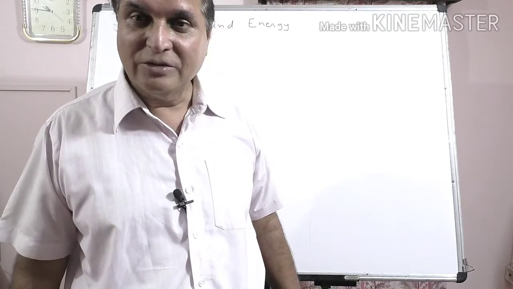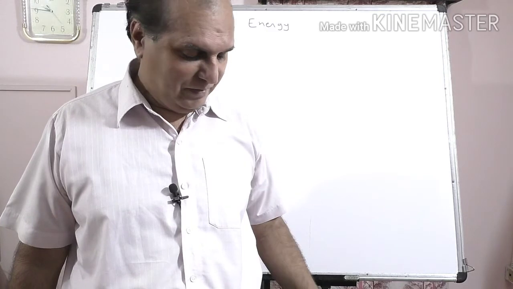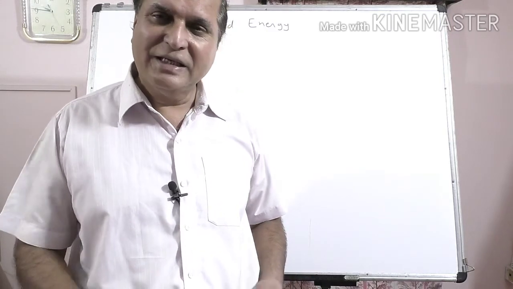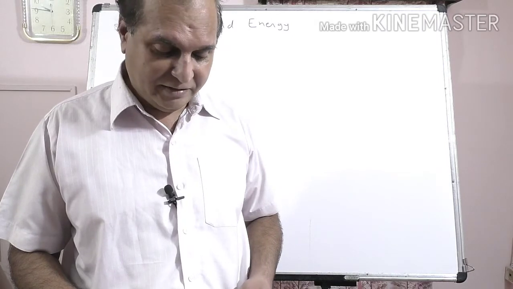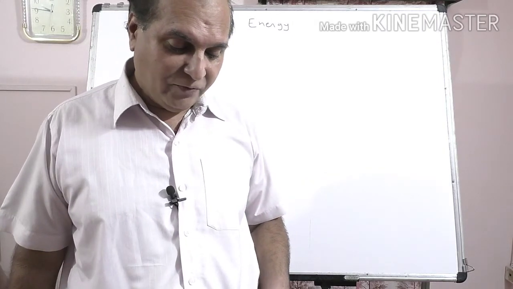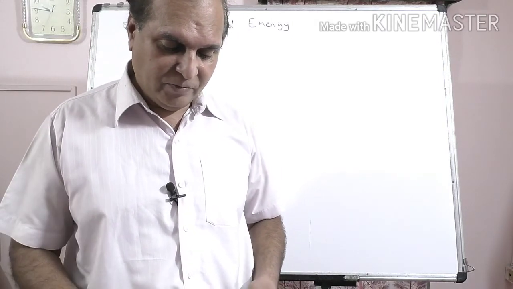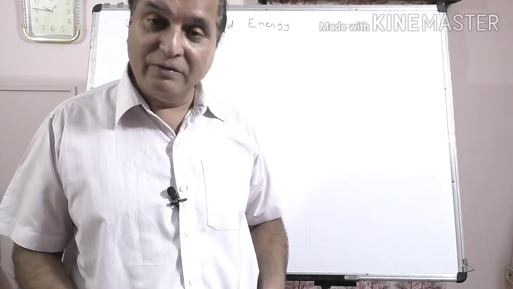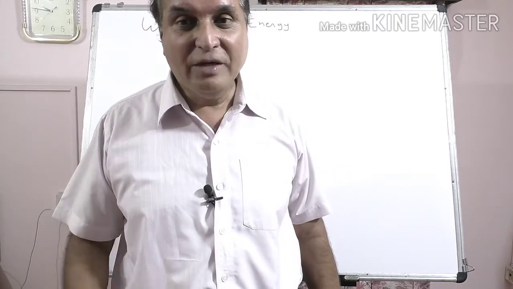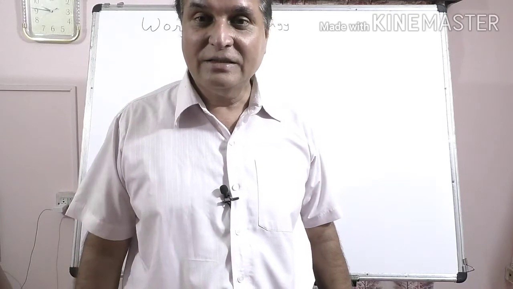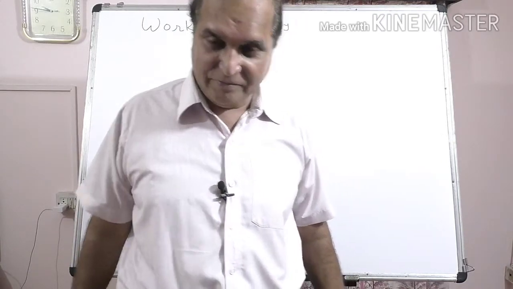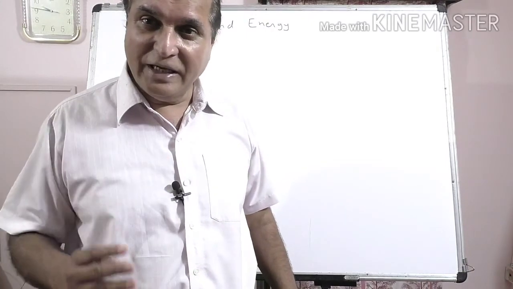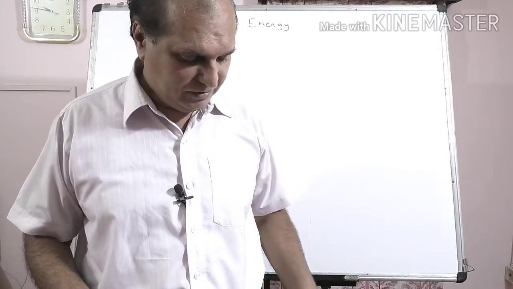Okay, that derivation also we have seen. But units are same for both. Second question, question 1B. Derive formula for kinetic energy of an object of mass m moving with velocity v. This we have discussed in the last video of work and energy. See again, you will come to know the proper derivation.